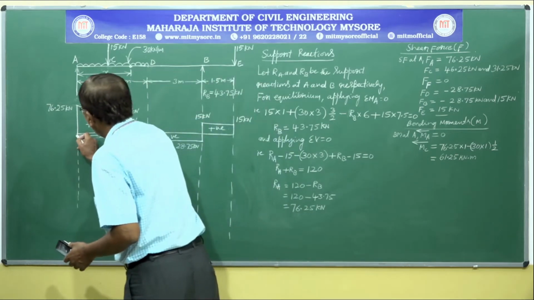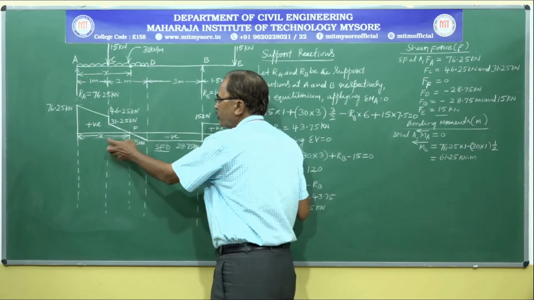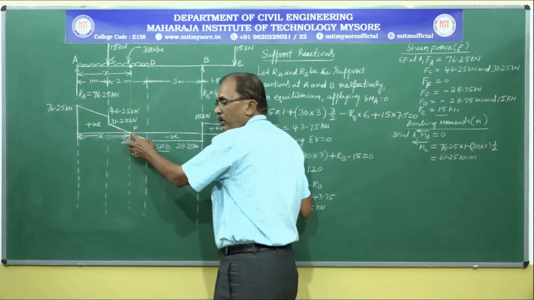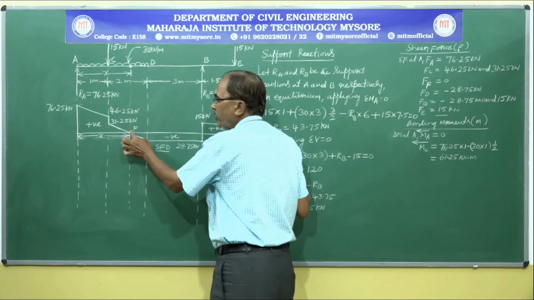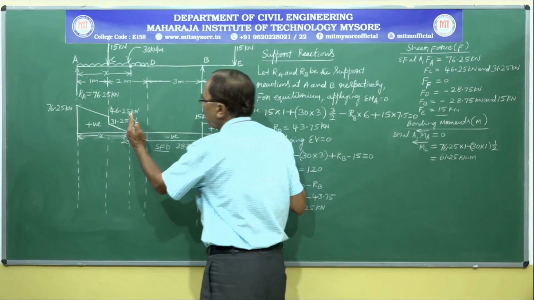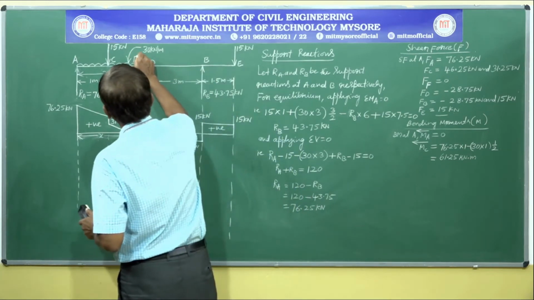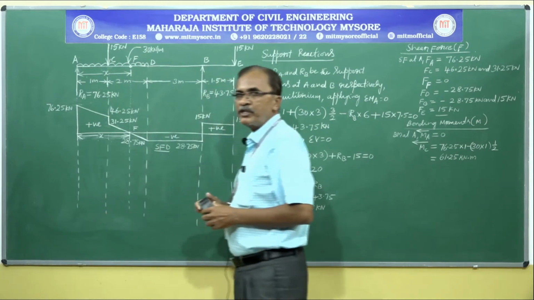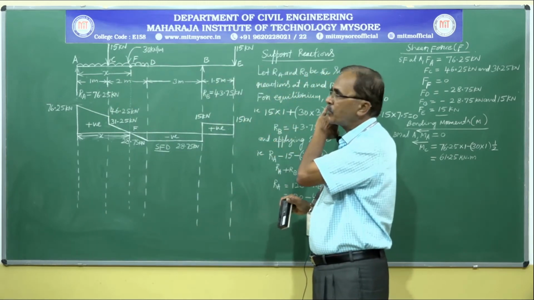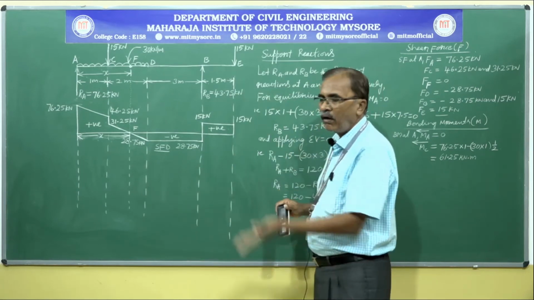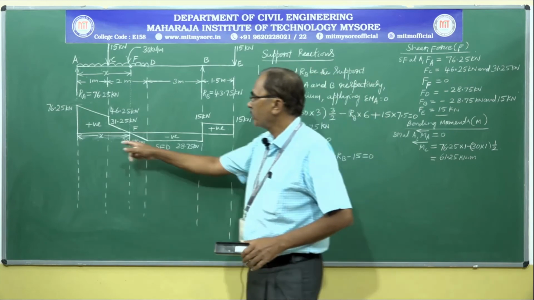To know the bending moment at point F, you need another value, x, the location of F from the left support, which we have marked. We need to calculate that distance x from the left support. We already know that shear force at point F is 0. Let us take out the portion of the beam to the left of point F. Write the expression for shear force at point F by considering forces to the left side or to the right side and equate it to 0, you will get the x value.